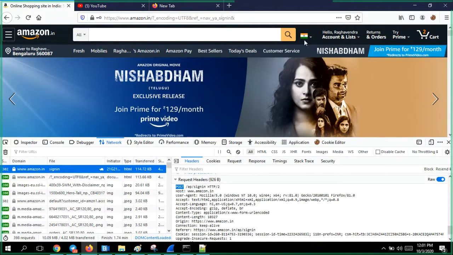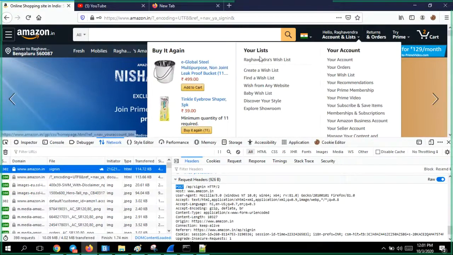But if you enter the username and password, will you get Raghavendra's wish list? No, it gives your wish list. It's my wish list. These are my products, and the UI is customized for me. The response is for me, my data only to be displayed. So post will carry the data and bring back the data from the other side. Get also goes to the other side, but gives the common pages.